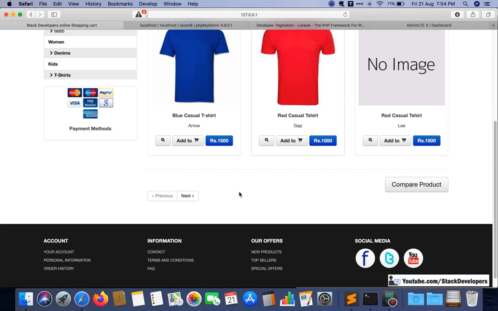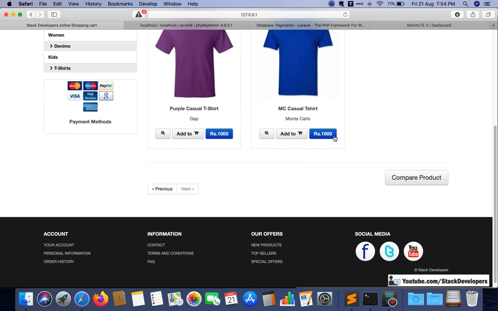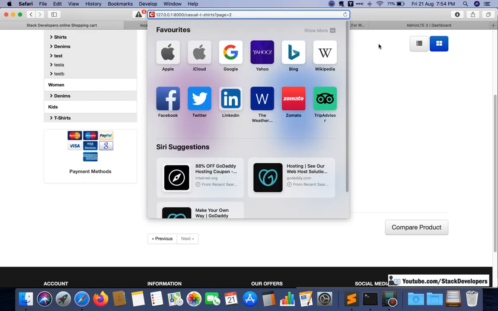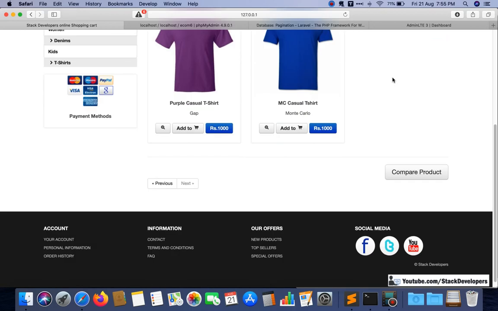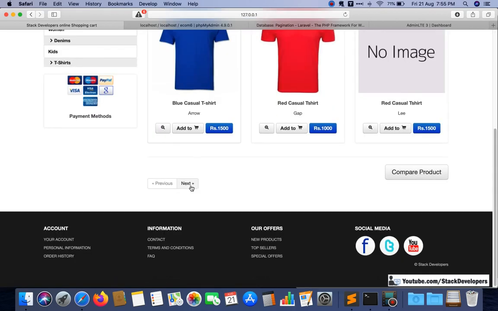Now see, previous and next are coming. I have reduced it to 3 because we have only 5 products on this page. The pagination will only come if the products are more than 6, otherwise it will not come at all. Click on next and see, 2 products are coming on the next page, and you can also see page equal to 2 automatically coming. So our previous and next are working very fine.